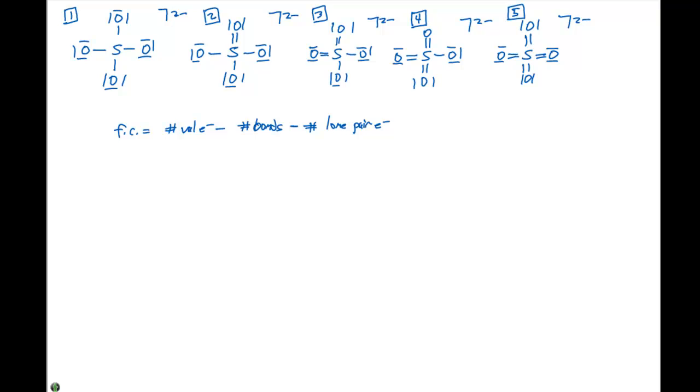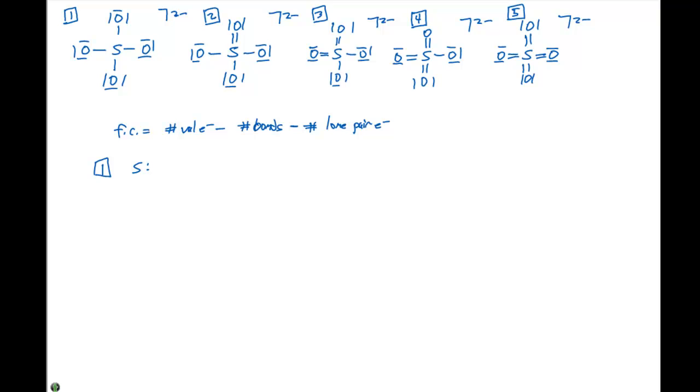So now we have our 5 different structures for the sulfate anion. And the question is, which one will formal charge predict to be the best structure? So we need to assign a formal charge to each atom in each of these molecules. If we look at molecule number 1 over here on the left, we can assign a formal